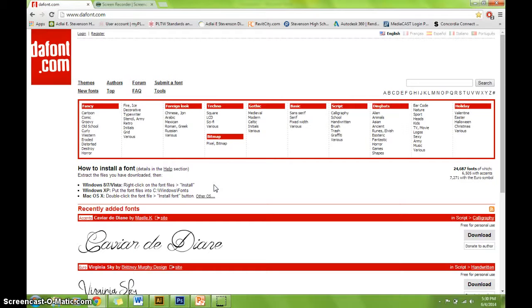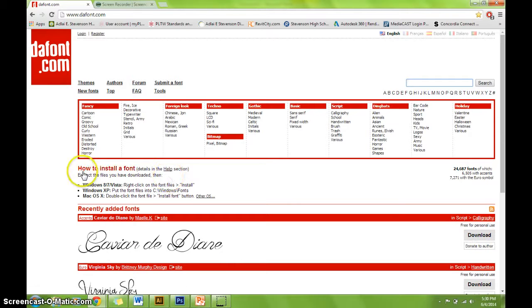There are some advantages to using a site such as dafont.com, whereas all of the fonts have been categorized into different themes, and you can simply search by one of these headings or subheadings. You can also search by keyword, so if you were looking for a specific topic, you could search through that. Once you've found a font that you like, you can simply download it by clicking on the download button, and